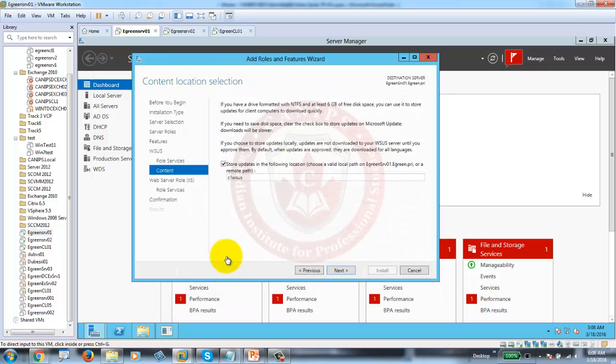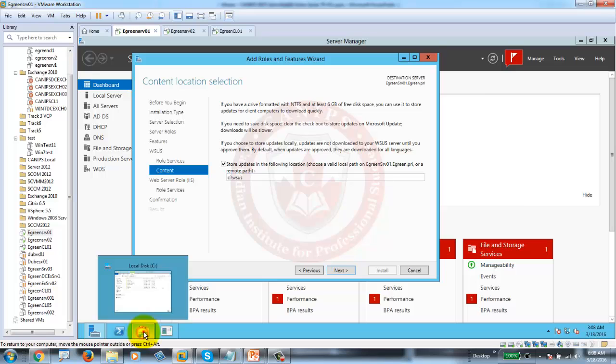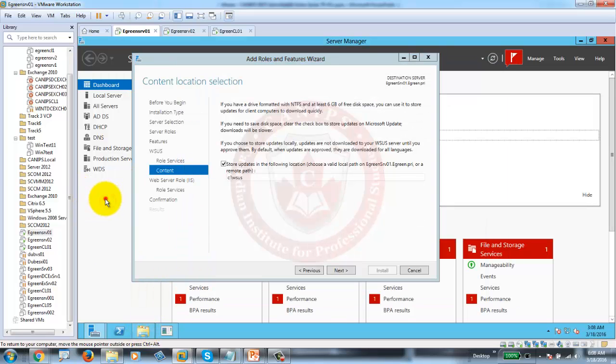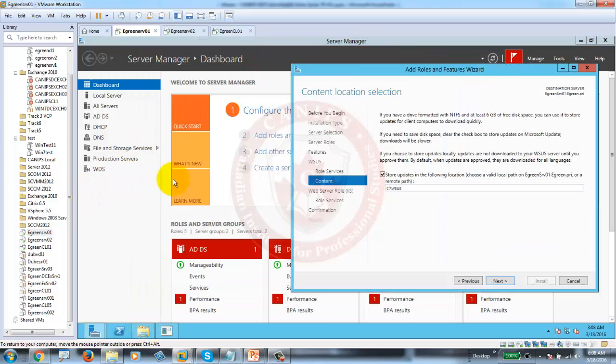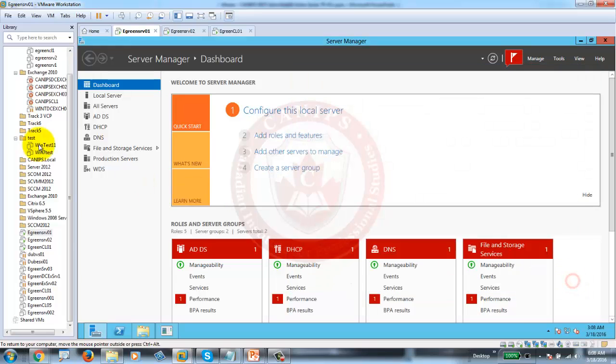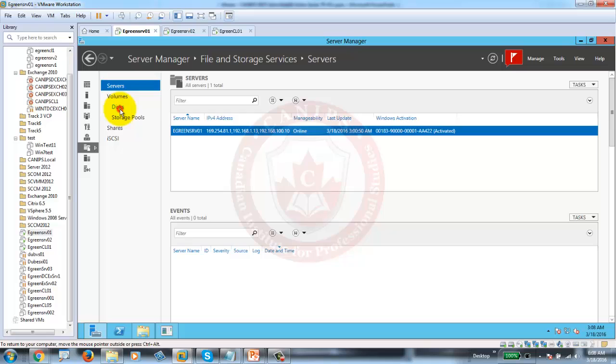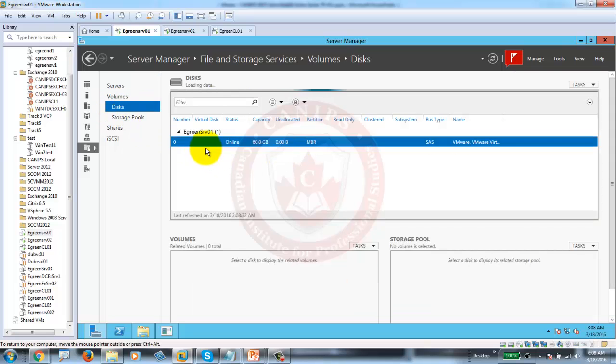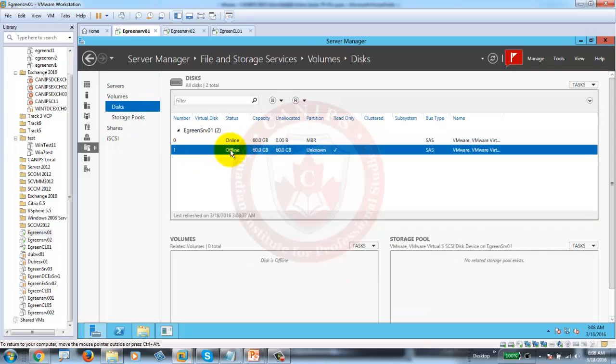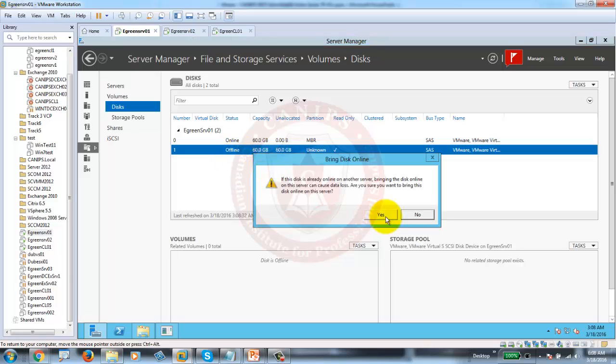Now the disk that is added is a raw disk, so we need to format the disk. I'm going to leave the screen here for a bit, and I'll go back to Server Manager. Actually, I can't do anything on Server Manager, so I might have to cancel this. I'll go to File and Storage Services. I need to prepare the disk. I'll go to this, and I should see my new offline disk here. I'll just bring it online